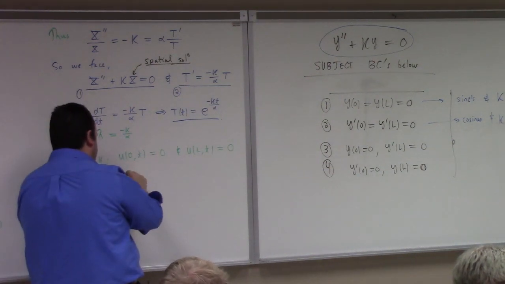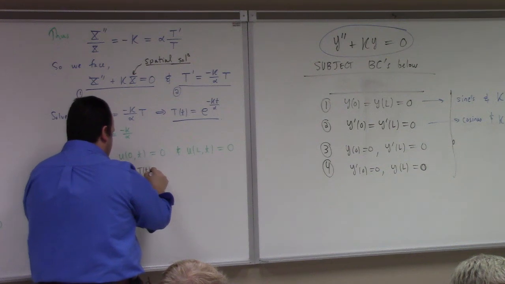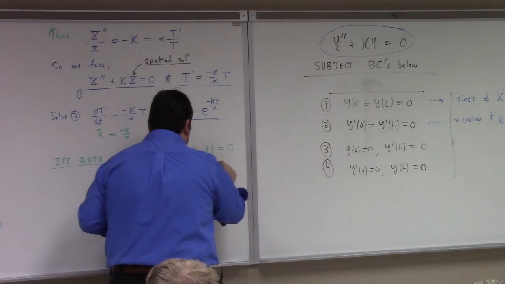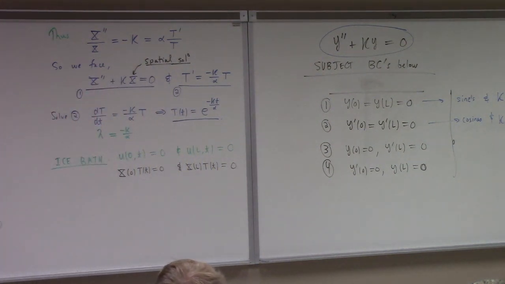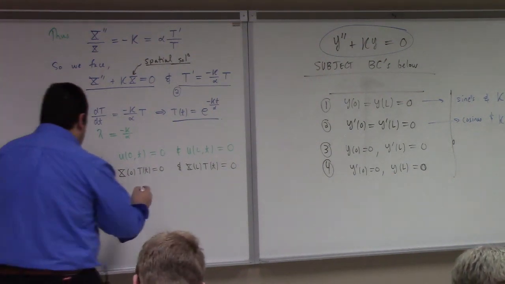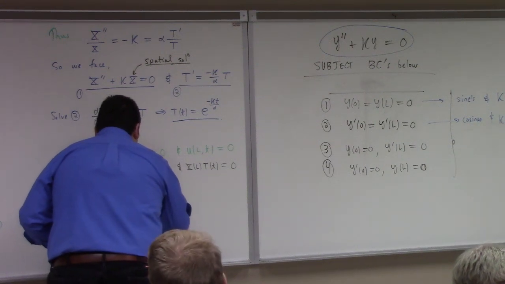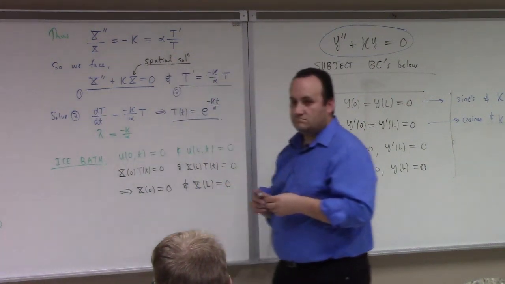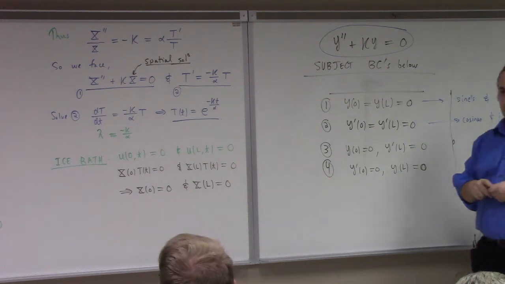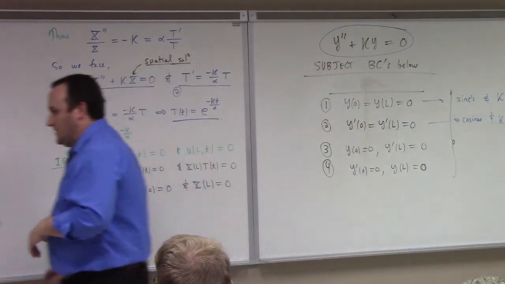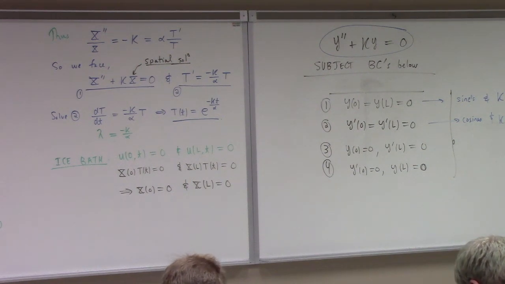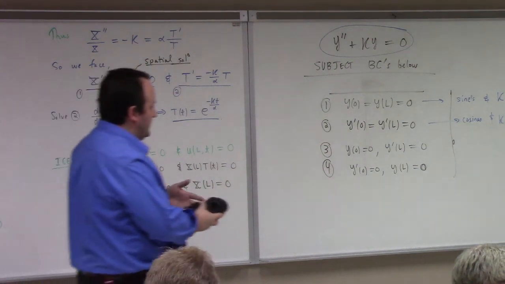Here, this is what? This is x of 0 times t of t equals 0, and x of L times t of t equals 0. Those hold for all time. You notice that the temperature function is non-zero, right? So since those hold for all time, this then implies that we have x of 0 equal to 0 and x of L equals 0. So we're back to proposition 1 in my chapter 8. We've got a boundary value problem for the x, for the spatial function with vanishing boundary and vanishing